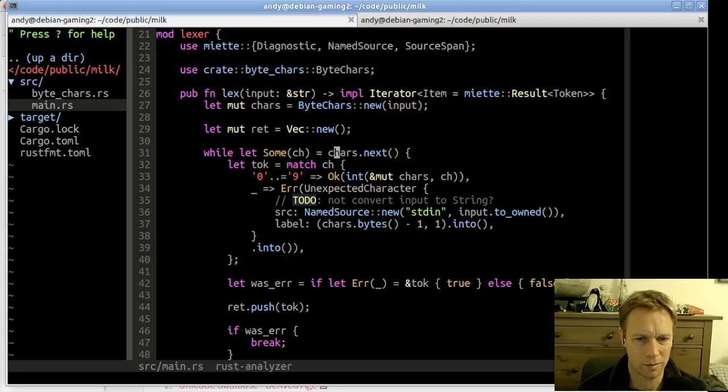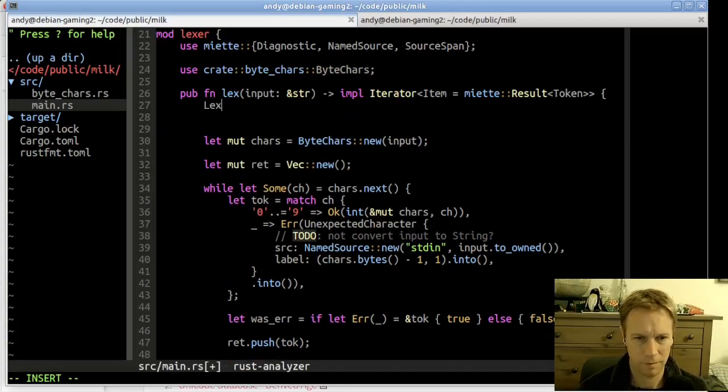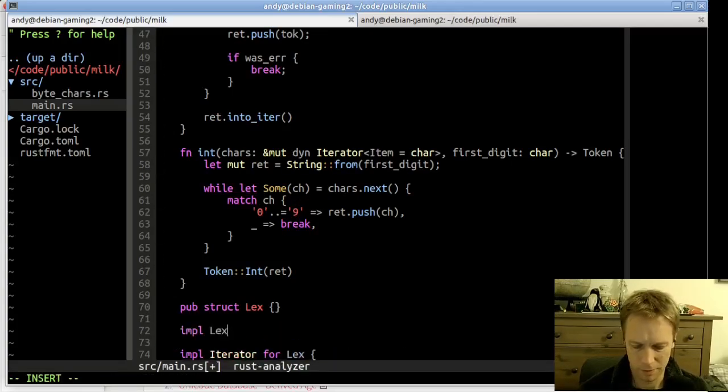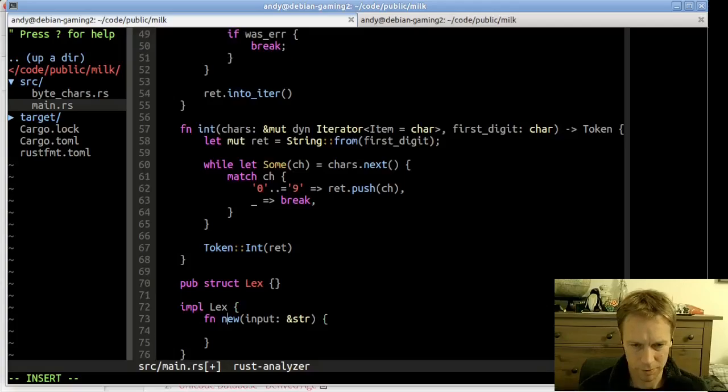So instead of a while loop, we're going to construct a Lex here and pass in input. And when we pass that in, we're going to do this wrapping it up in a ByteChars. So let's make a constructor for Lex. Import Lex. fn new takes in a str, and it wraps that up, so it returns a Self,